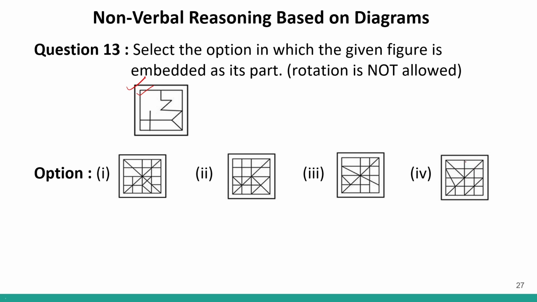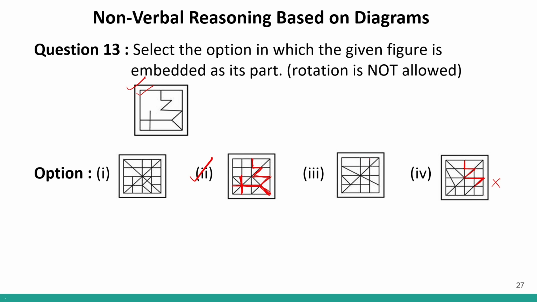Let us check. So over here, we have this coming down, then like this, then a triangle, then like this, then coming like this. But now I don't have a place to go like this. So this is probably incorrect. Now I can see maybe option number 2. In option number 2, I see this, this, this, then this, then this. Now we have somewhere to go down. So this is also there. Then we have a line also, and then we need this line. So this line is also there. So this is embedded in option number 2.